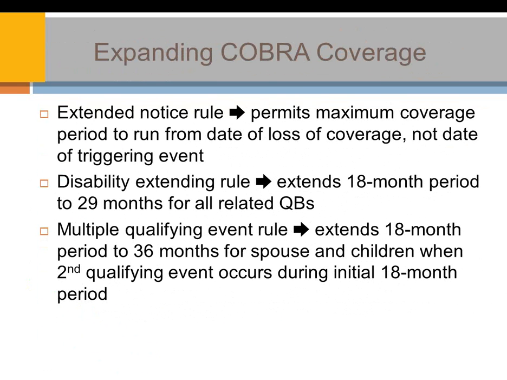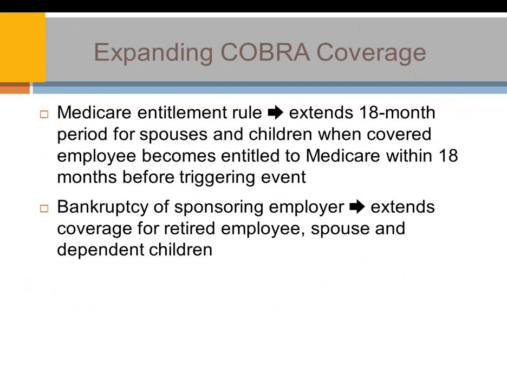Here's some information about expanding COBRA coverage. And these are again about the bad timing. So let's say you have a multiple qualifying event rule, which extends someone from regular 18-month coverage to 36 months. These happen for spouses and children that are enrolled on the plan through COBRA's continuation coverage. We create these secondary qualifying events that just extends their coverage out. You deal with disabilities, and you deal with a couple other items as well. And here's some of those other items.